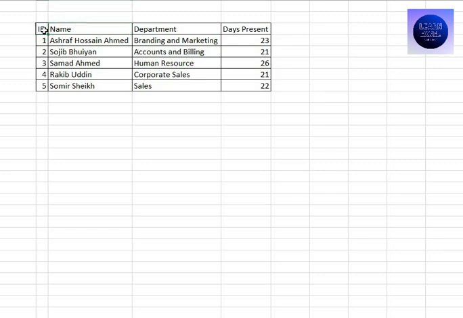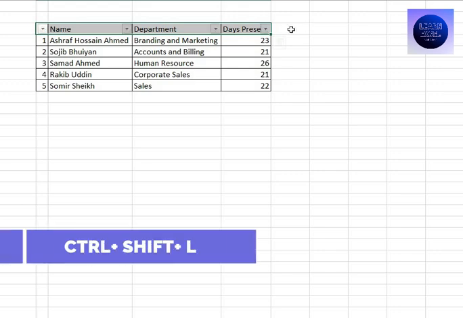So as you can see, there are ID, name, department and days present. I want to create filter for them. So what I can do is I can go sort and filter and click filter, or I can use a shortcut. What is the shortcut? You can press Ctrl Shift L. So as you can see,